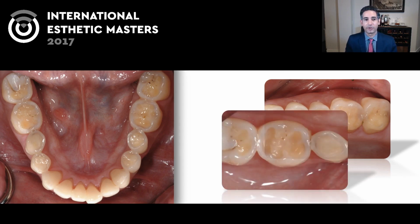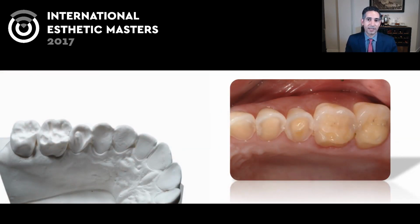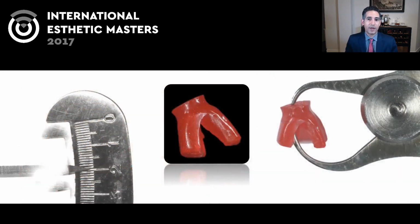we've talked about. So this is the basis of this type of adhesive approach, and you can see on the palatal surface of the upper restorations or the upper teeth there is severe erosion, and by the time you were to prep for crowns, you would have nothing left. So what we do on these cases is this full mouth approach, and the first step for me is to